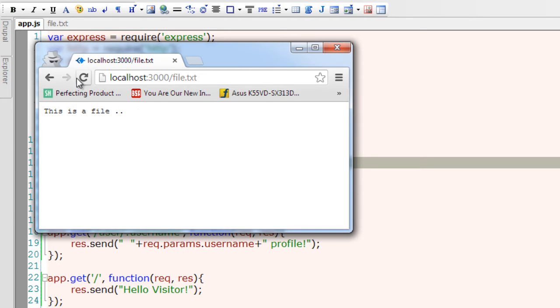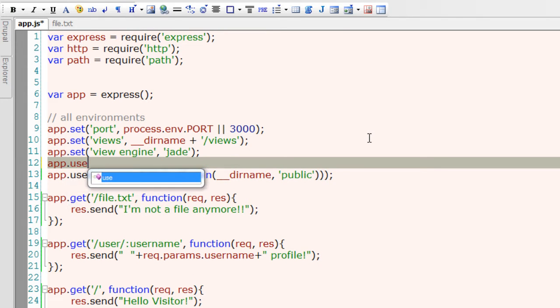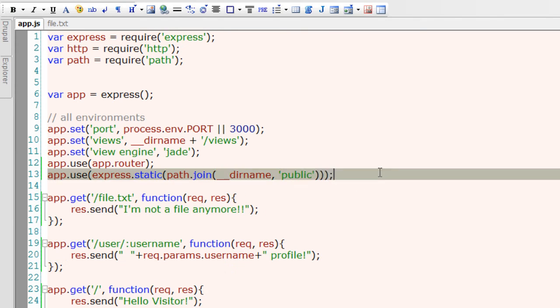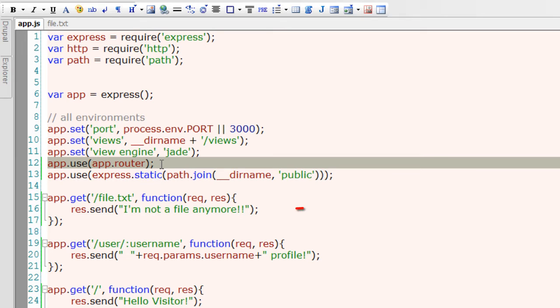So now access it. Well, still we have the same old text. We couldn't overwrite it. So to override it, we need to use another middleware and tell it to look at our custom routes before searching for the file in our public directory. So app.router will check all our custom routes first and then go for the public directory. So now refresh it and you'll see "I am not a file anymore." So this is how you override things present in the public directory, and you will get the overridden